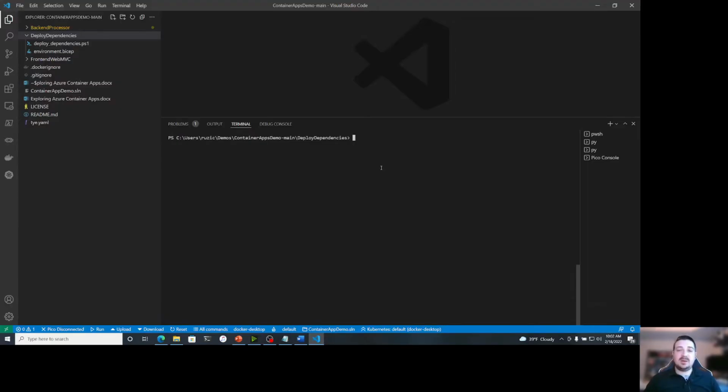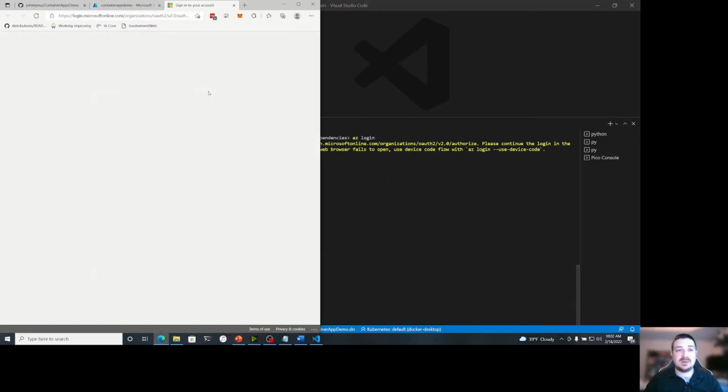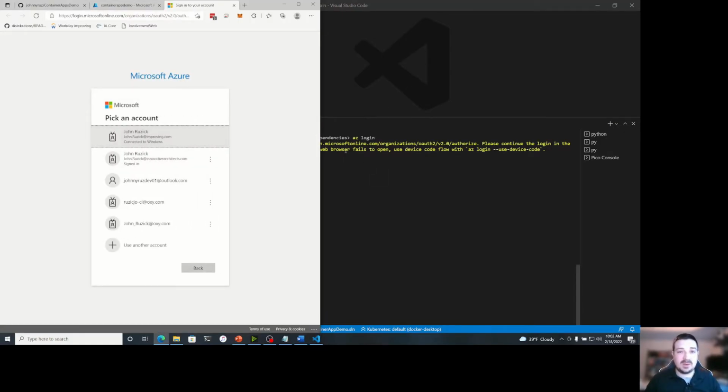So we're back here in Visual Studio Code, and I'm in my Deploy Dependencies directory. Now we're about to deploy some resources to Azure using the Azure CLI. So the first step that we need to do is log in. So I'm going to run the command az login. Actually, while that's running, I will adjust my screen here so you can see the exercises.